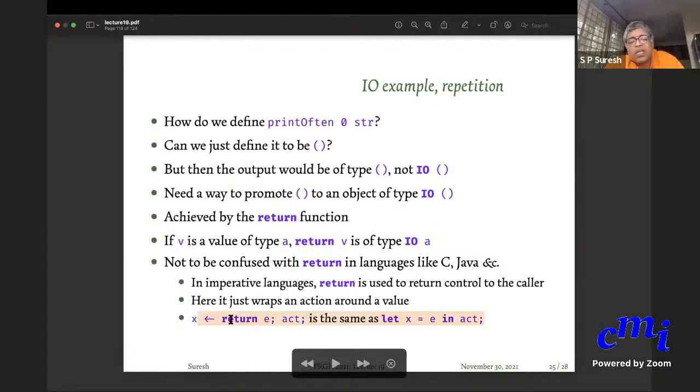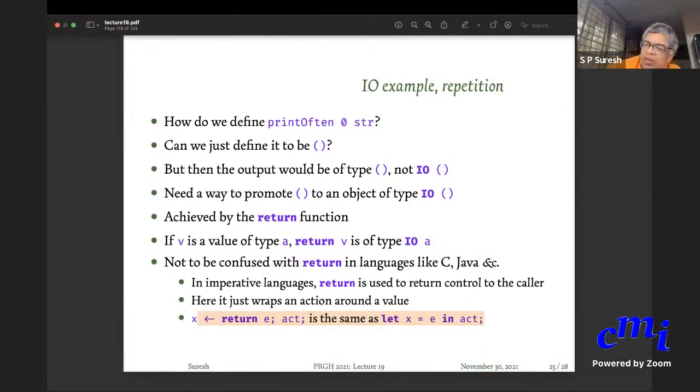Because in some sense, binding and returning are inverses of each other. If you have a value e, doing return e will keep the same value but turn it into type IO a. Say e is a string, then return e will be of type IO string. So when x is bound to return e, I'll go into the action, extract its value and put it in.